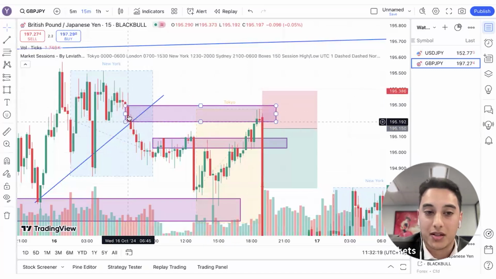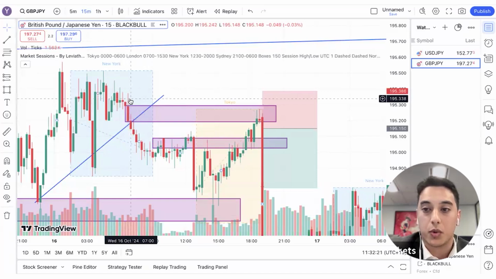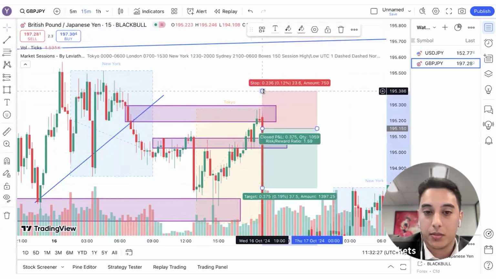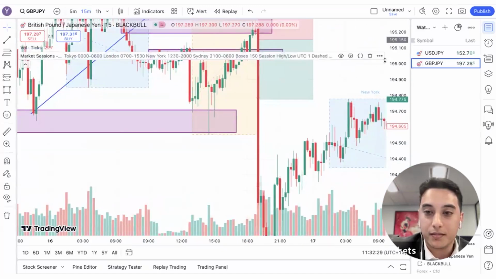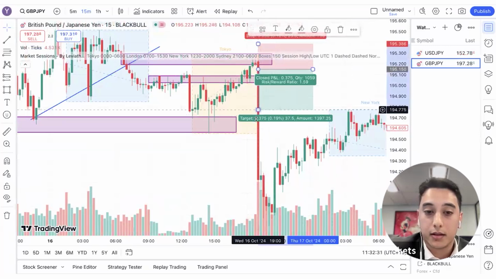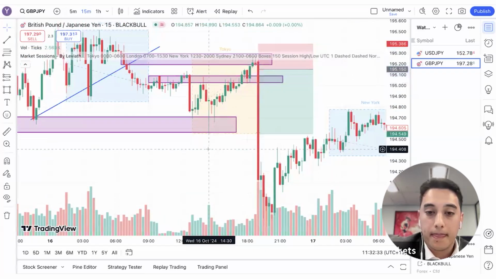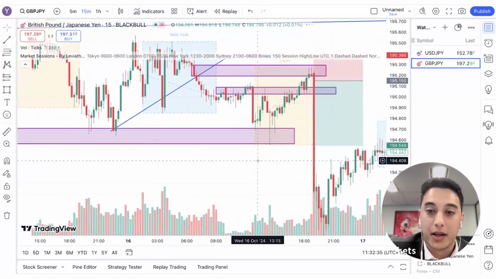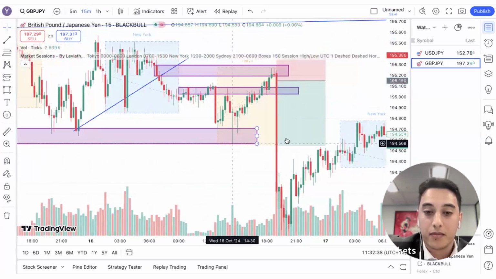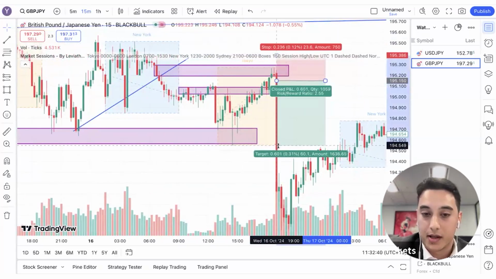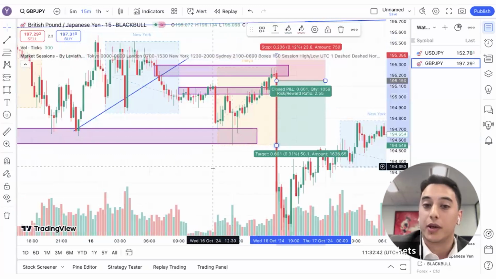See, the wick represents where buyer territory once was. Sellers stepped in and pushed the prices down. It turns into a wick. So we put our stop loss above the wick, and a conservative TP would have been here. Why? Because we expect this to be taken out if we are bearish.